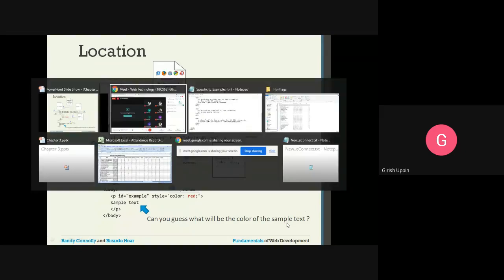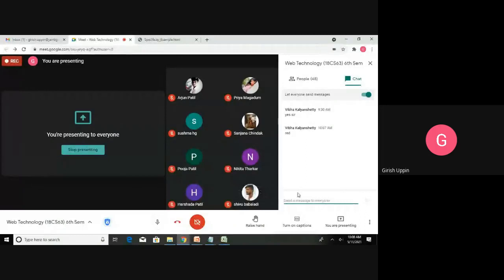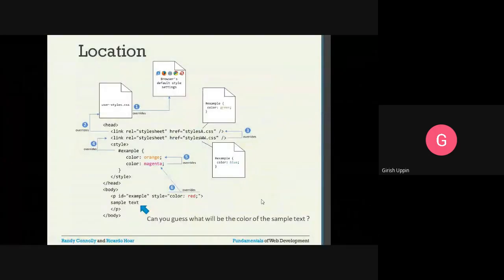Any guesses? Red? Why red? This is inside the paragraph. Inside the paragraph we have specified the color as red. So it overrides all the colors that are specified.